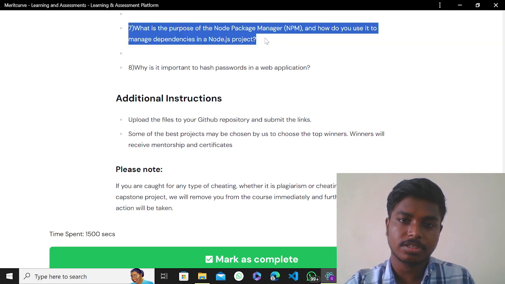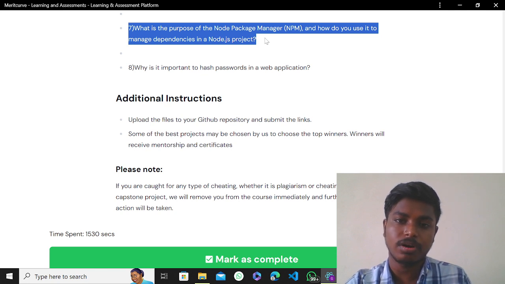What is the purpose of Node Package Manager and how do you use it to manage dependencies in a Node.js project? npm is Node Package Manager. It is very helpful in handling different packages. In Node there are many packages like Nodemailer, Express, and Nodemon.